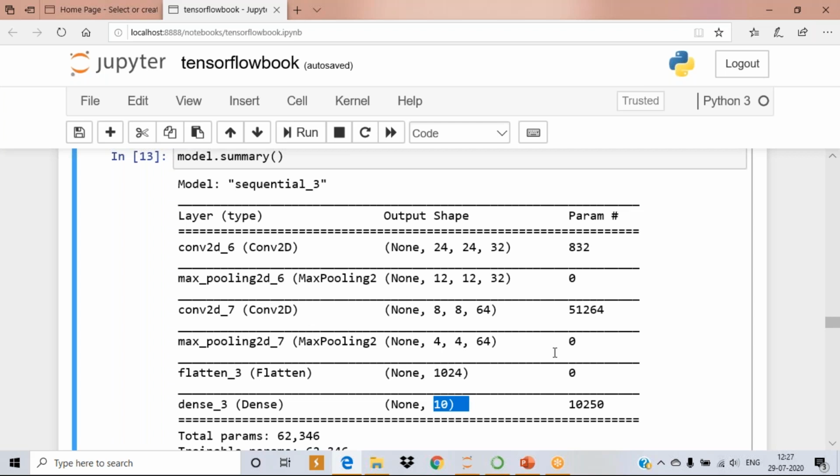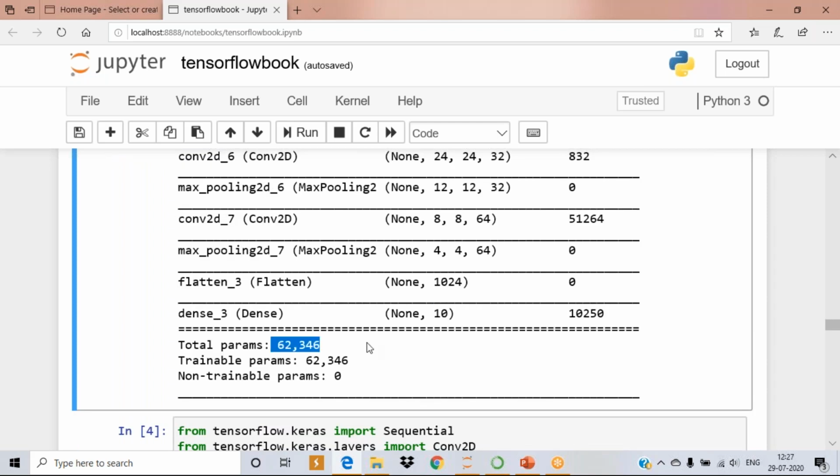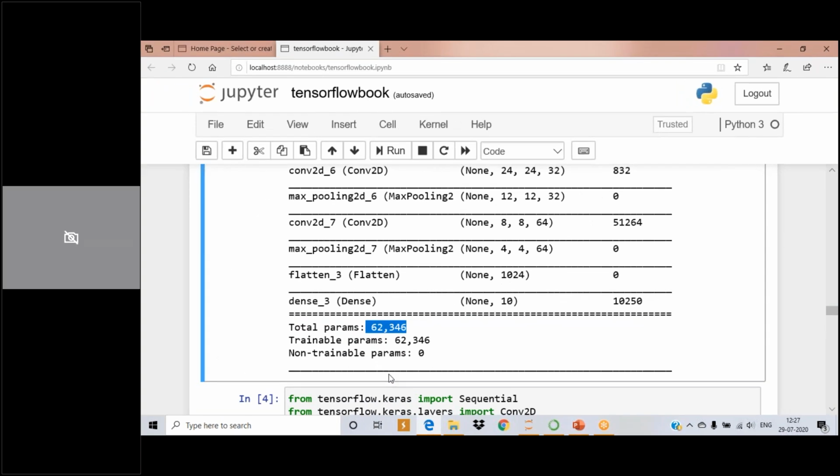So totally how many weights? You add everything, 62,346 weights for this data set. So totally you need 62,346 weights for this neural network architecture. So manually it is not possible. Imagine you are handling 70,000 images. Anyhow, human is better than everything, right? But it is not manually possible for training a huge data. So that is the reason for training your data through a machine, right?